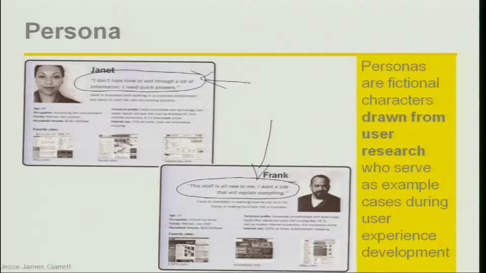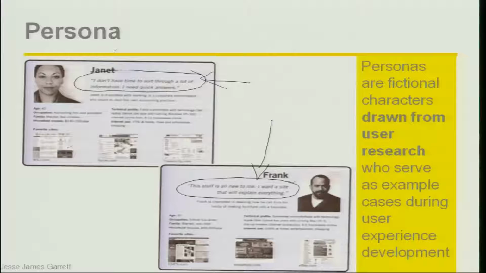So again, Frank is not a person, but he is representative of a group of people who are of this particular mindset, right? But we have given them a name, we have put a picture, we have written their top of mind thought, as you can see. So these are very important components of a persona. And what does that do for you?